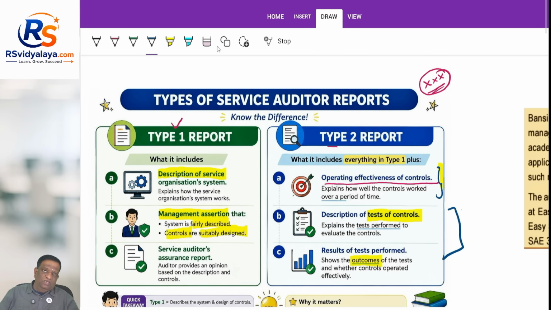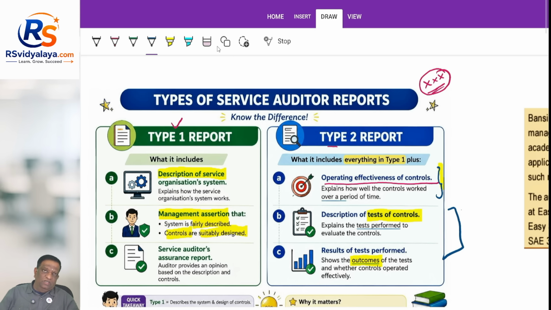How this engagement is conducted, that is the service auditor. Now we will get various doubts. As an auditor of user entity, when you say auditor, you are referring to the statutory auditor. So, he is independent, but our basic doubt is the service auditor, that is the auditor reviewing the controls at the service organization, in our example the ADP. Now, is he also supposed to be independent? So, that is what the standard would try to sort out.